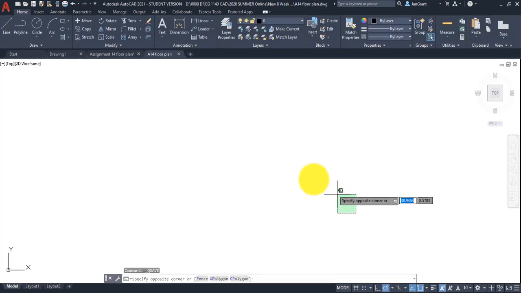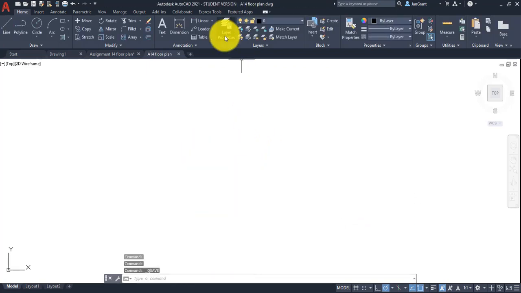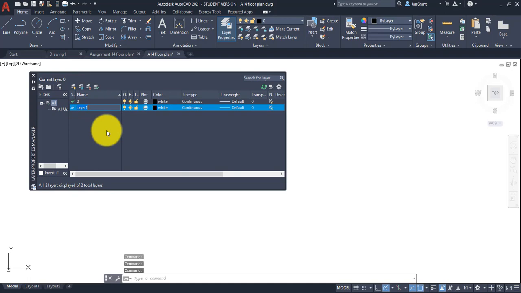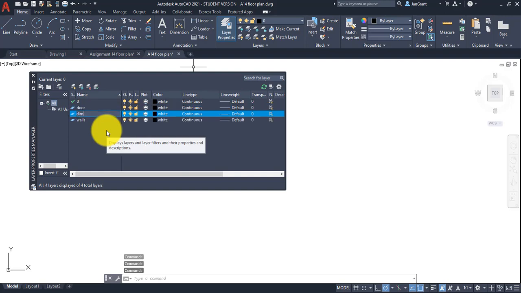And then pick save. So now that we saved the drawing, let's go ahead and create some layers. We can pick layer properties, pick the new layer icon. I'll go a little bit quicker with this because we already did this in some of the other videos. But you know, we're going to need to have a layer for the walls, so type in walls and press enter twice. We'll need one for the door and one called dim text, which is what we're going to put